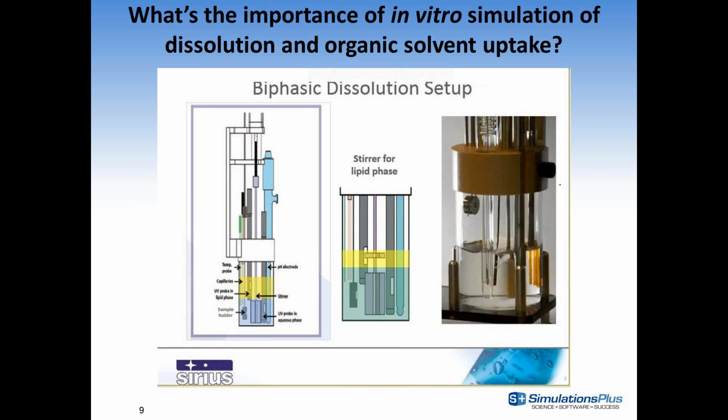There's a lot of probes that stick down into this instrument for various experiments. But the key is you're going to have an aqueous layer at the bottom, which allows you to study the dissolution of a molecule, potential supersaturation, and then there's going to be an organic layer at the top. In their case, they've found that I believe it's decanol is the best solvent to use because it really maintains a nice interface between the aqueous layer and the organic phase. But it does provide a sink during the process of dissolution, supersaturation, and potential precipitation. The results that begin to come out of this can be eventually studied in our program MembranePlus, plus the technology